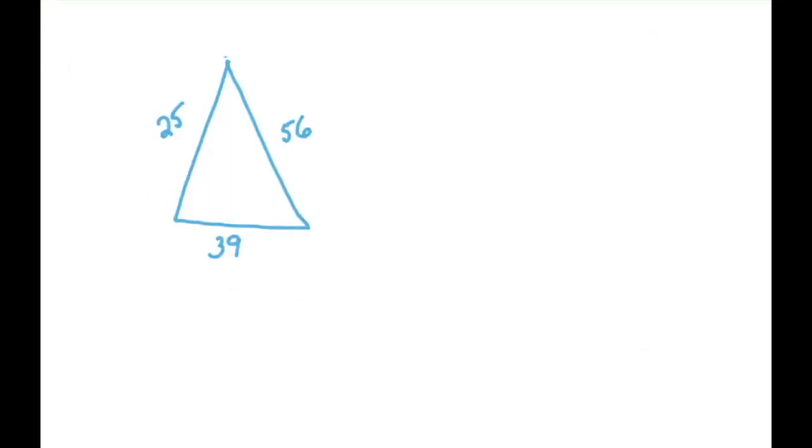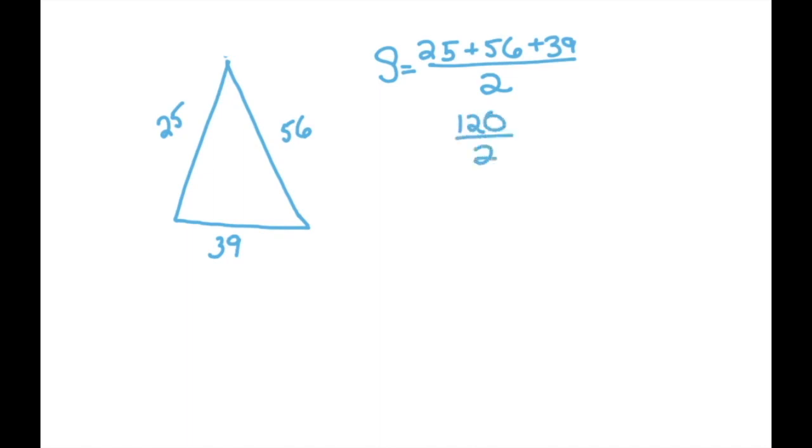Let's say that I have a triangle with the side lengths of 25, 56, and 39. Step 1 of Heron's formula says to find the semi-perimeter. So I'm going to add 25 plus 56 plus 39 and divide it by 2 in order to find that semi-perimeter. When I add those numbers up, I get 120 over 2. Therefore, S equals 60. And I need to remember this semi-perimeter because I'm going to use this in the next